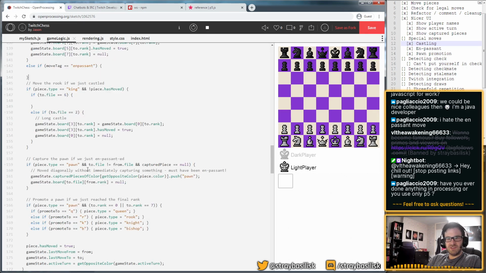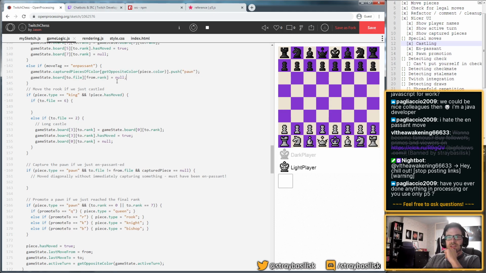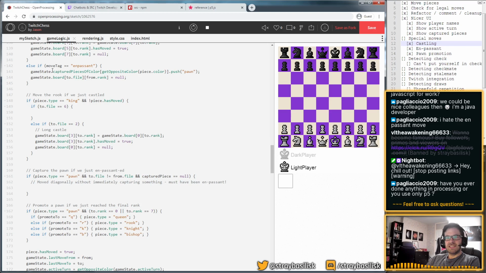I can take the en passant logic. And what this does is it basically captures the piece in the en passant tile we move to. So if we have a pawn here and they move here, then we can go here and capture that piece there.